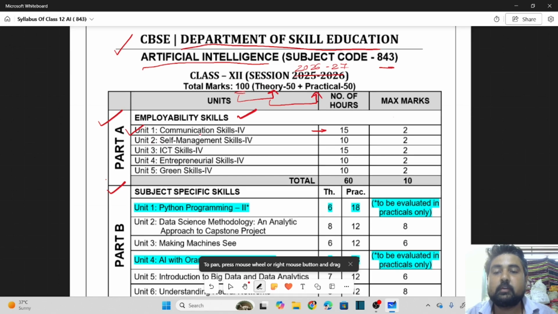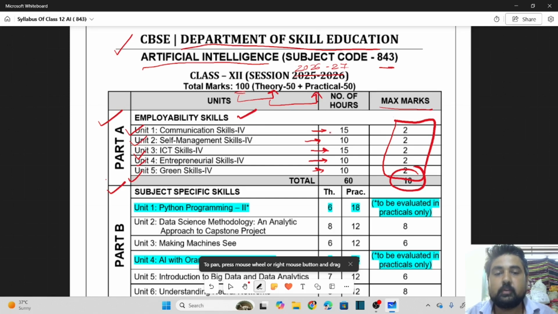Second one is self management skills, for which we have to study 10 hours. Third one is ICT skills, also 15 hours. Fourth one is entrepreneurial skills, which contains 10 hours, and the last one is green skills, which contains 10 hours. Maximum marks for each unit is 2, and the total marks is 3. You must study only these topics,